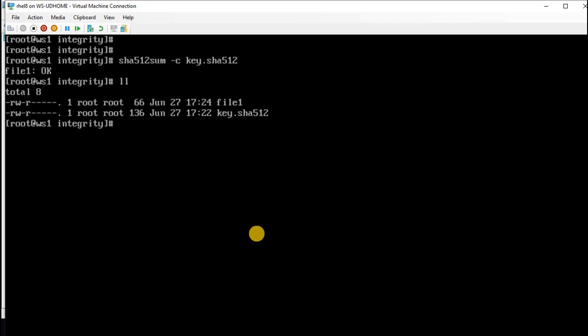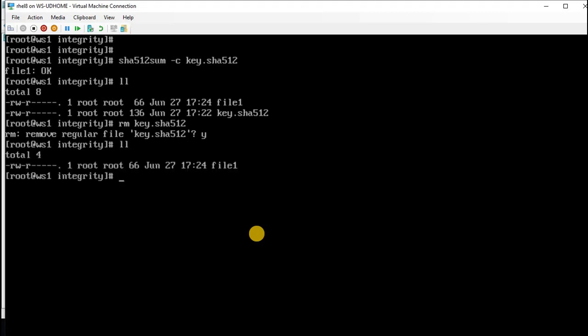So now if you have multiple files, let us create multiple files. I'll delete that key. rm key dot, yes, I'm going to remove that key. Now ll. cp file1 to file2, maybe file3 or many files, whatever it is, file4.